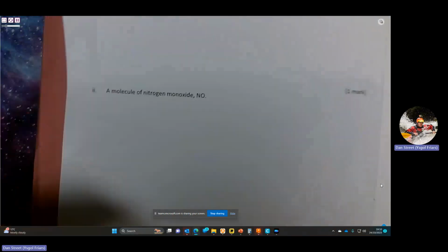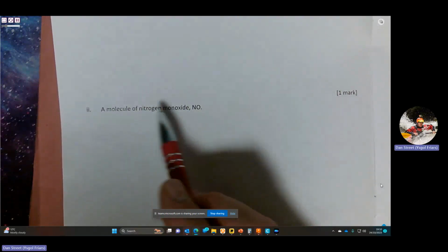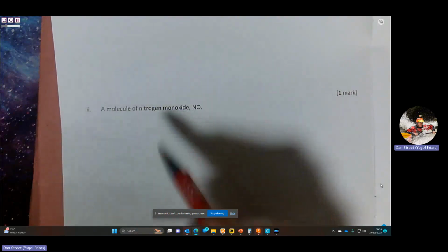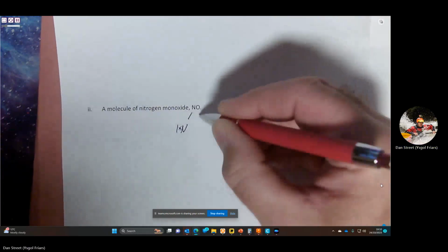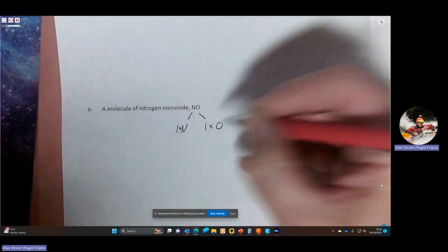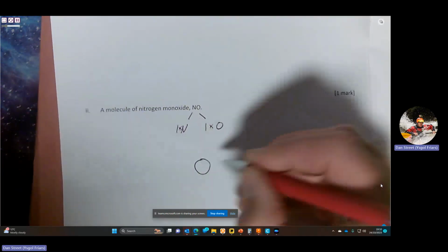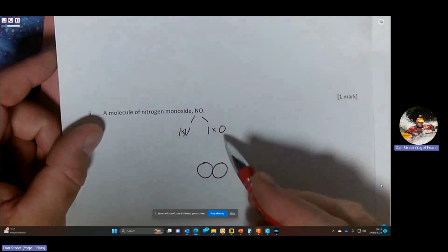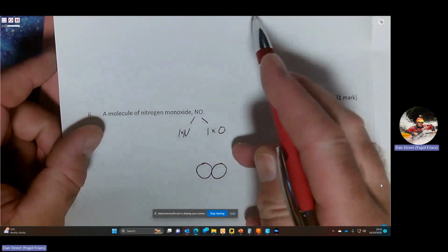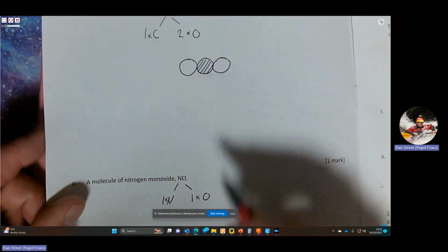Okay, and then a molecule of nitrogen monoxide. So from the formula we can see that there's going to be 1 nitrogen and 1 oxygen. So if we draw the 2 circles next to each other and then go and find out how we need to colour them, we already know that the oxygen is going to be a simple white circle like in the